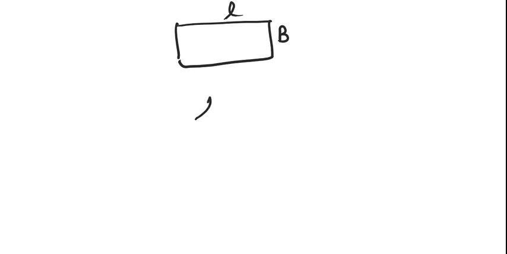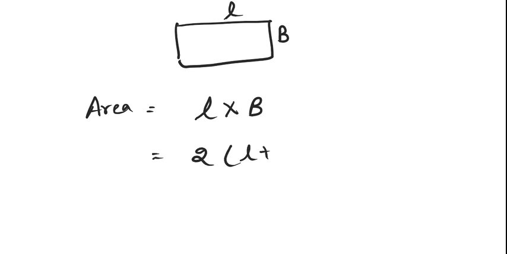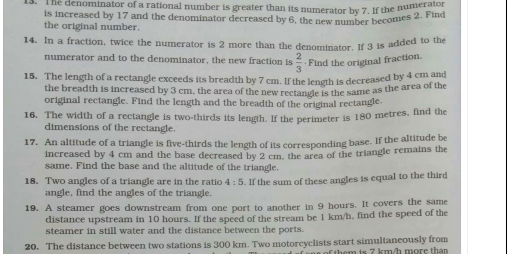Now we will do one question which is related to a rectangle. Okay, so this has length and breadth. If we want to find the area of the rectangle, the formula is length into breadth. If we want to find the perimeter of the rectangle, it is 2 times length plus breadth. So while doing questions on rectangles, we need to have the idea of area and perimeter. Clear?